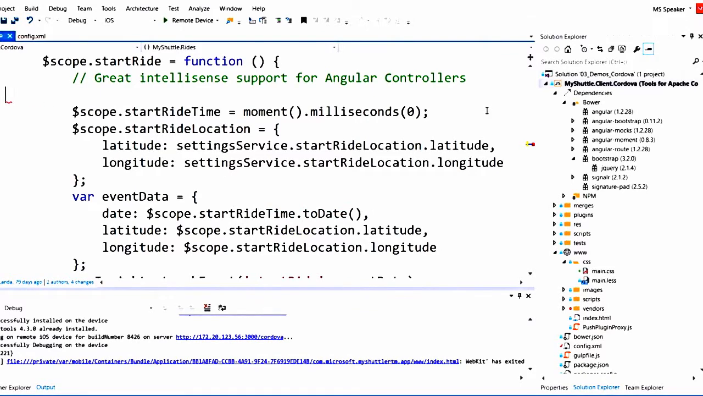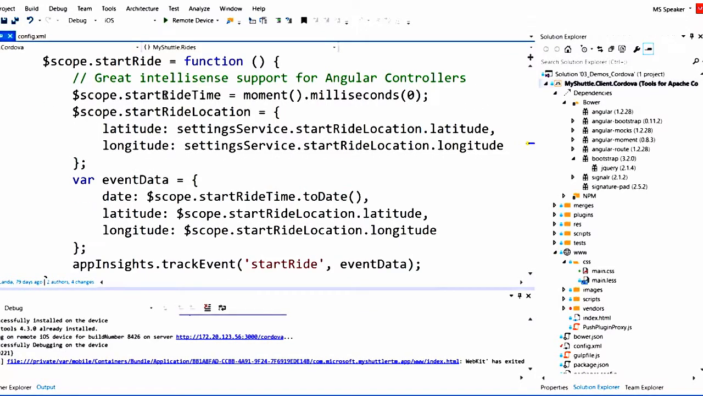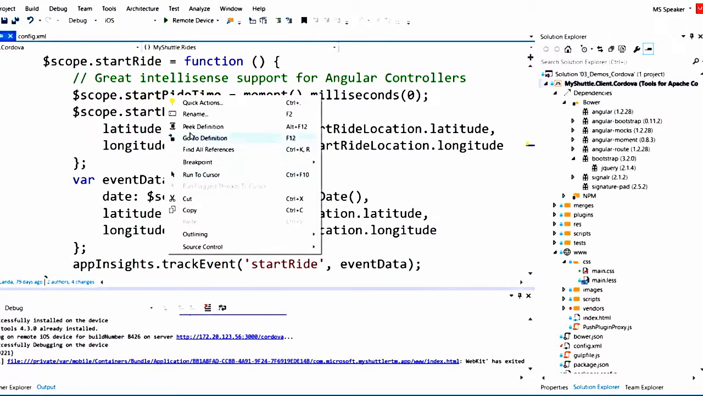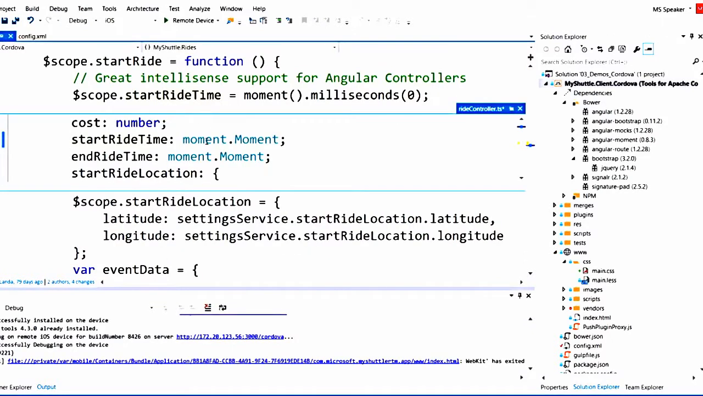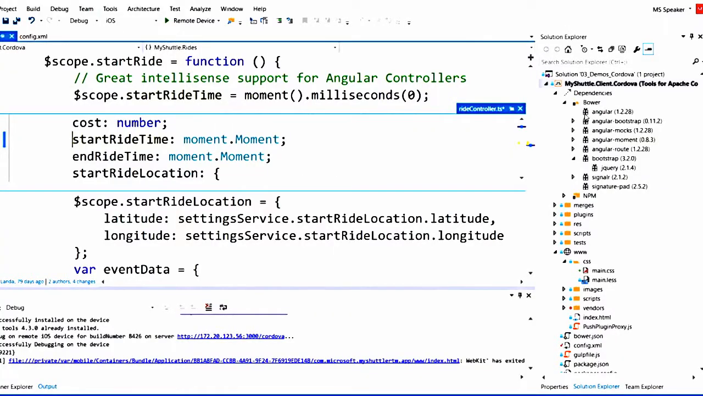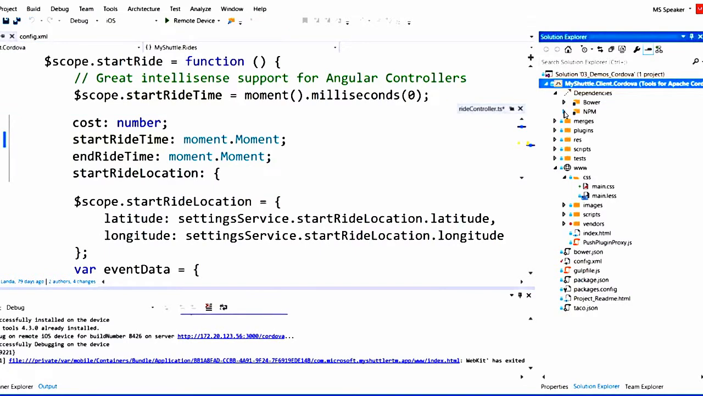The next thing you can see is I can just go ahead and do something like peek definition, and you can see that automatically pop up. Now try that in a JavaScript editor. You really can't get that. It's pretty awesome. So now the next thing I'm going to show you is to go into NPM,